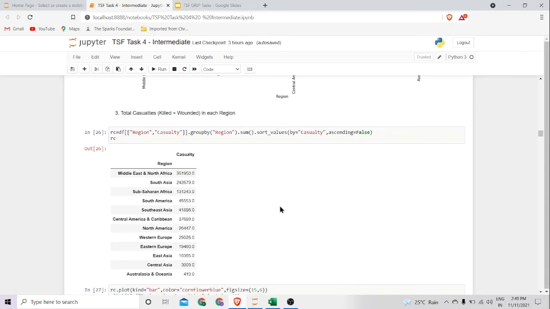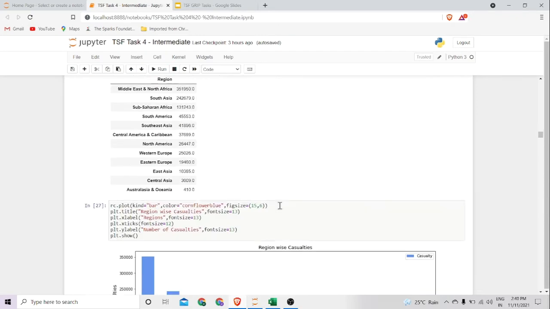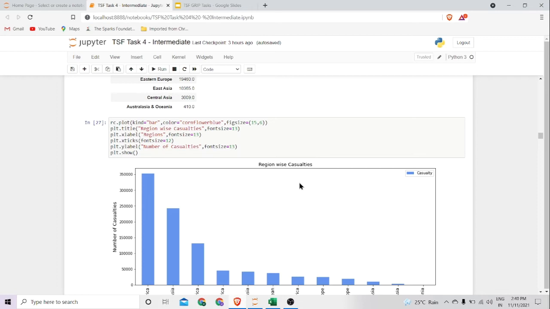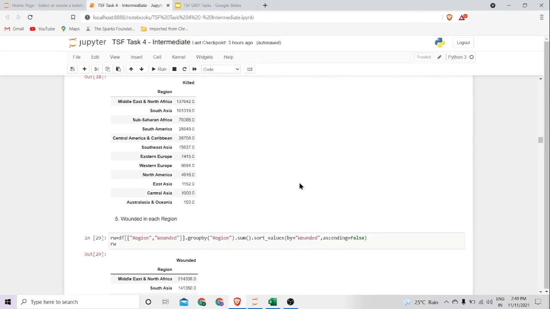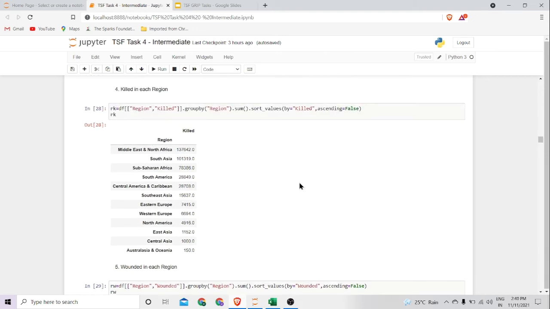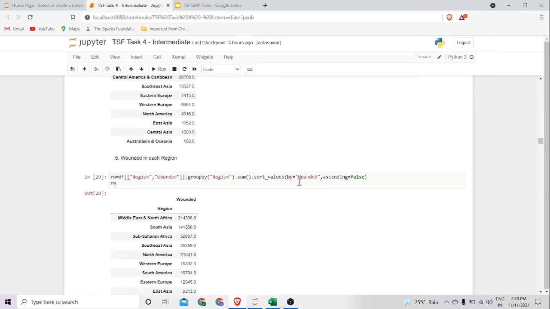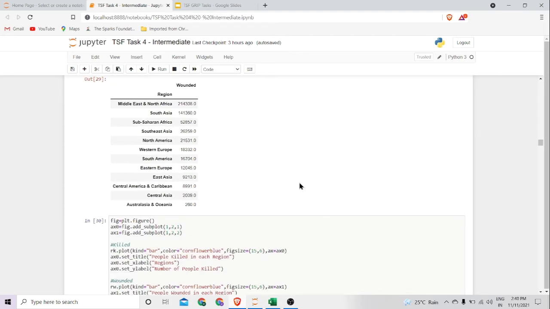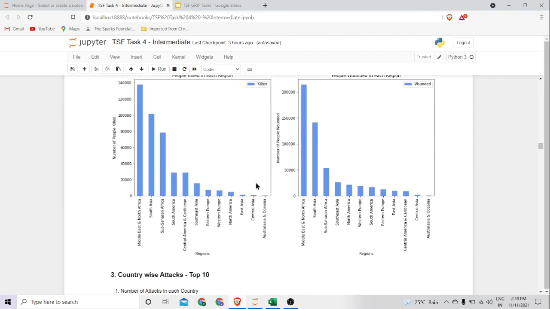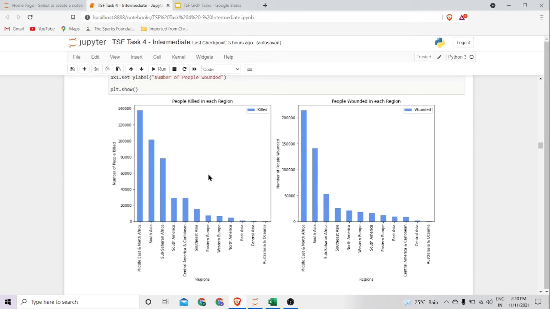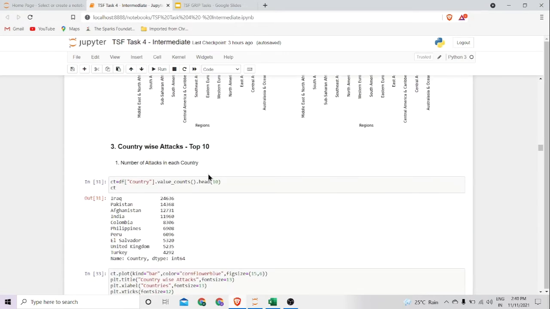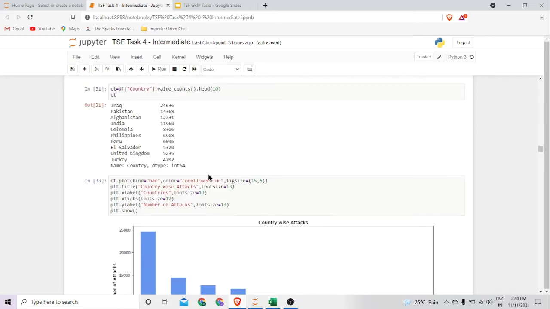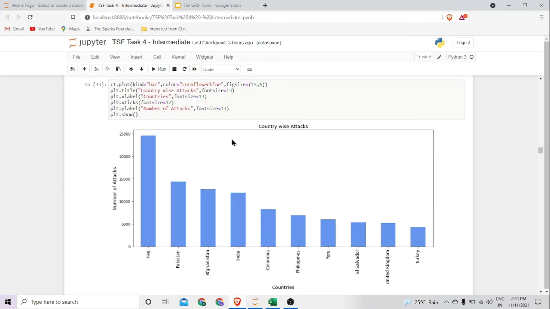And this is the total number of casualties that include both killed and wounded, and this is the bar graph representing the total number of casualties. And we are again preparing the data frame for the total number of killed in each region and the total number of people wounded in each region, and these are the bar graphs representing both of them respectively. And coming to the third categorical data, country wise attacks, and this is the bar graph representing the